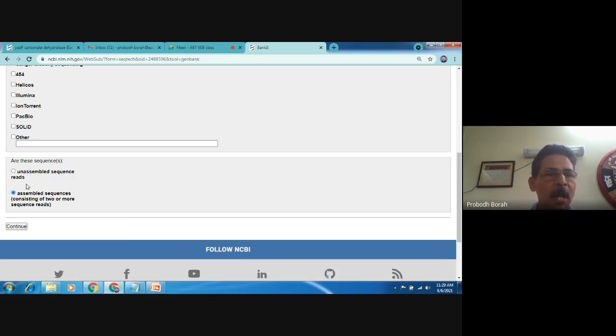But if you are putting up raw, unassembled sequence data obtained from the reads of an NGS sequencing machine, then you have to click on unassembled sequence. But it is always better to submit an assembled sequence to GenBank, not unassembled raw data. So we have clicked assembled sequence. Then again click continue.